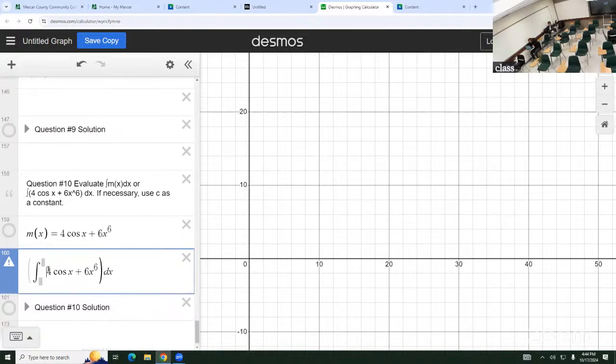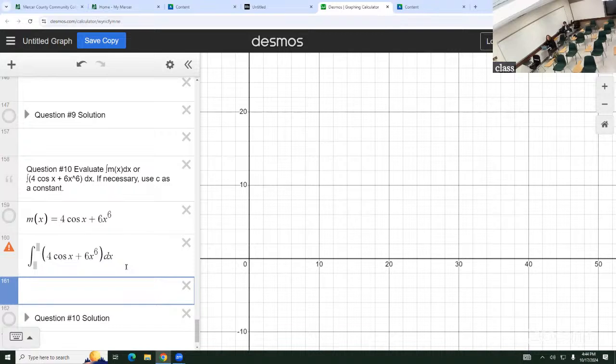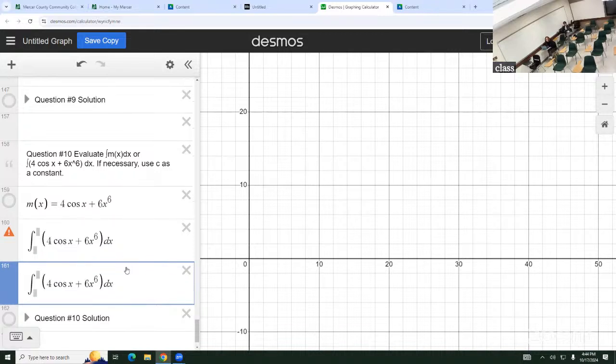Putting these in parentheses so that it's not confusing. Okay, so what's the first thing I can do with this one? Separate it. I'm going to separate it into this,